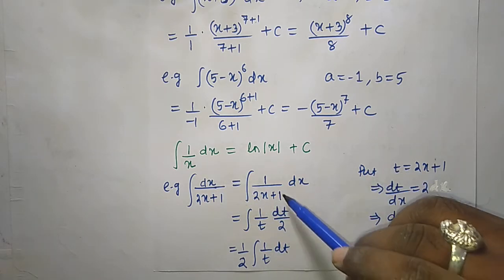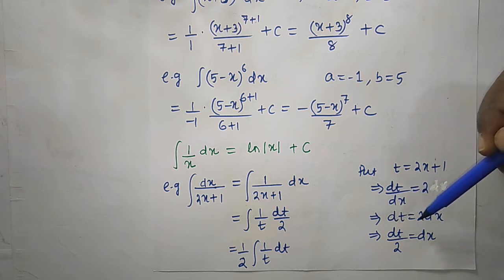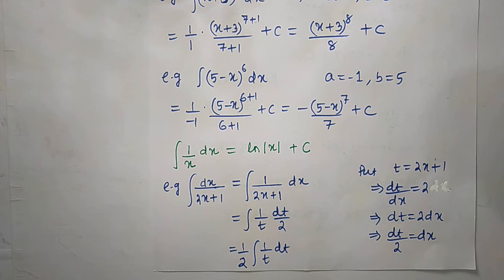So what we will do, we will put t is equal to 2x plus 1. Here I have put t is equal to 2x plus 1. So now by previous examples, find derivative of t. Derivative of t is 2. Now multiply this dx term to the right hand side. Here dt is equal to 2 dx. And keep only the dx term in the right hand side. So we have to divide this 2 to the left hand side. So dx is equal to dt by 2.